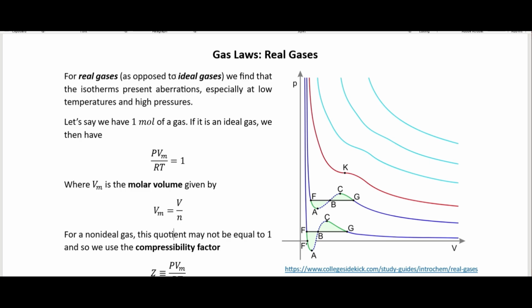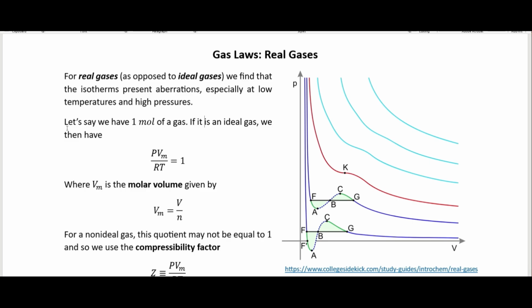So for real gases, as opposed to the ideal gases, we find that the isotherms present aberrations, especially at low temperatures and high pressures. So we can see some isotherms over here, and what we see is at these higher temperature ones, the isotherm looks like the ones that we had for the ideal gases, which is what we saw in the previous video. But as we start getting to these lower temperatures, we start getting these aberrations down here. And this is because, as I said, real gases, the particles do actually have a size and they do actually